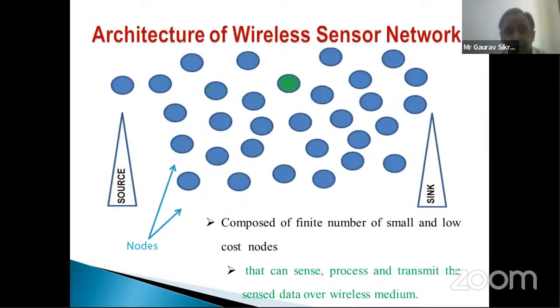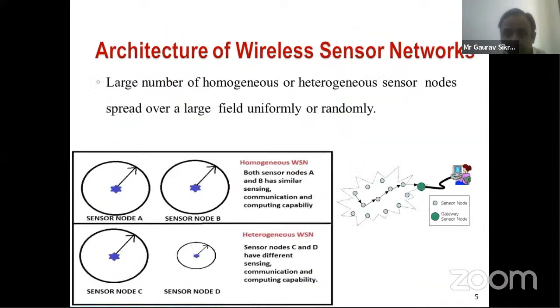This is a GIF prepared to show how data travels from one node to another node. The data travels from the source through nodes, and these nodes are selected depending upon some parameters and a mathematical approach. It is composed of a finite number of small, low-cost nodes that can sense, process, and transmit the sensed data over the wireless system. After the sink node, the data travels to the end user that can